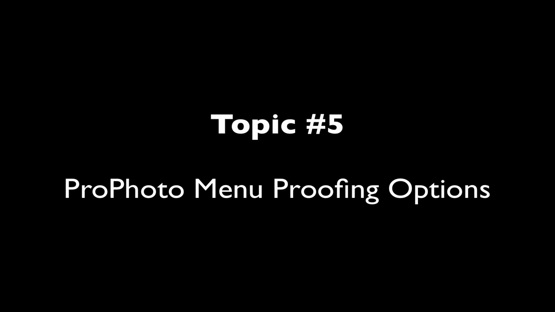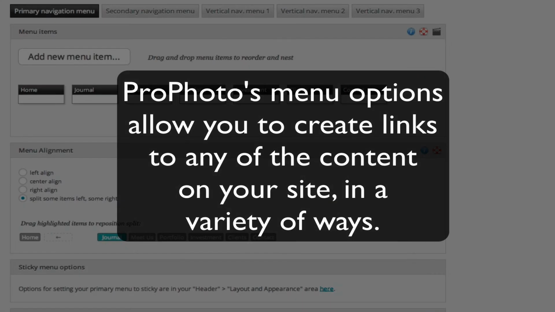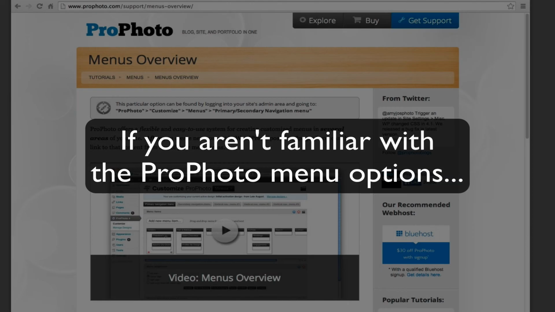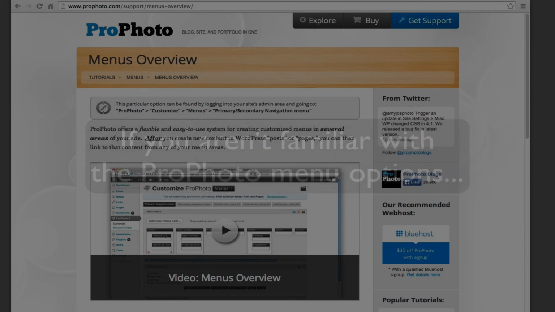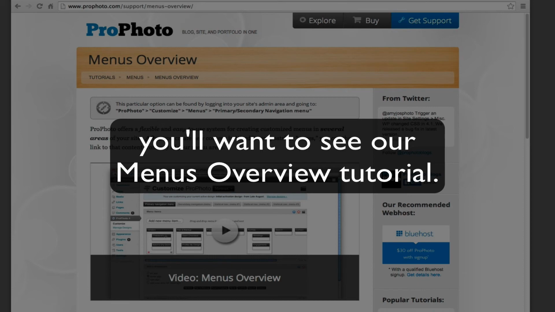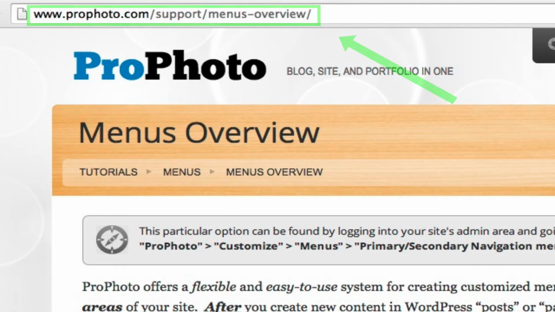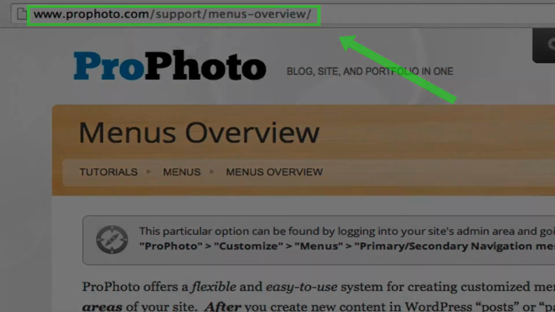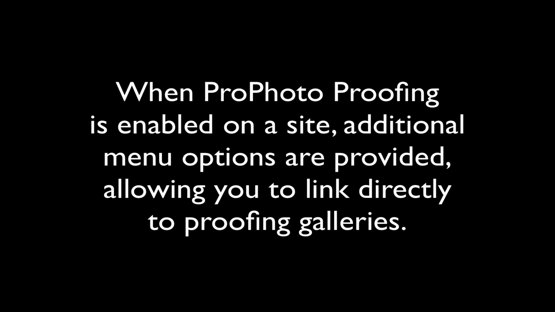Number 5, ProPhoto menu proofing options. ProPhoto's menu options allow you to create links to any bit of content within a ProPhoto site in various ways. If you aren't already familiar with the powerful and flexible ProPhoto menu options, our menus overview tutorial would be a great place to start. ProPhoto.com/support/menus-overview. When ProPhoto Proofing is running on a ProPhoto site, the menu options are expanded even further, giving you options